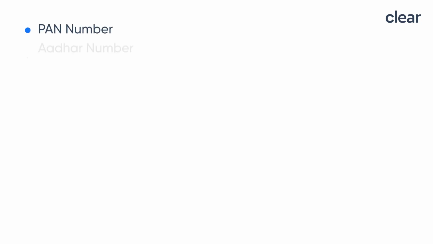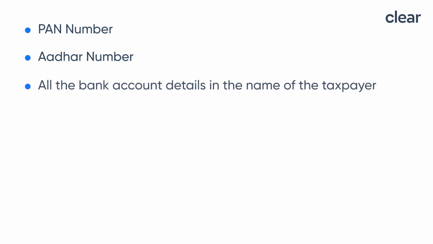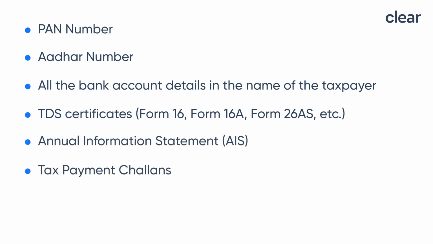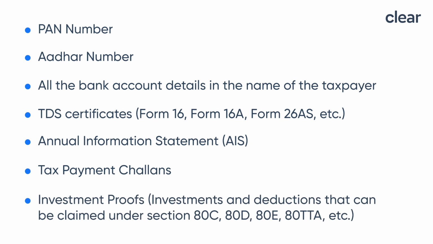PAN number, Aadhaar number, all the bank account details in the name of the taxpayer, TDS certificates such as Form 16, Form 16A, Form 26AS, etc., Annual Information Statement that is AIS, tax payment challans, for example, Advance Tax and Self-Assessment Tax Payment Challans, investment proofs to claim deductions under Section 80C, such as Equity Linked Savings Scheme that is